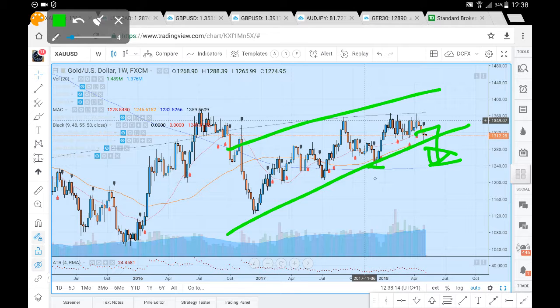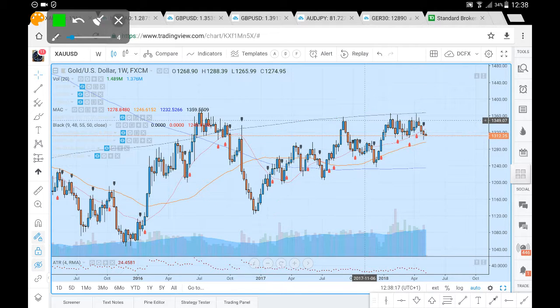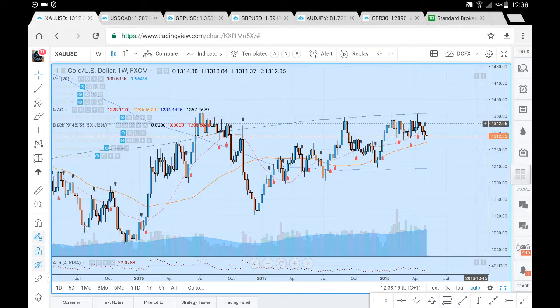But if we do find support and we do form a higher low, possibly in around that 1280, and we don't see that retracement down towards that 1240, if we do trade beyond the 1300, and then we do see the bullish buy side momentum, there's a possibility of retesting